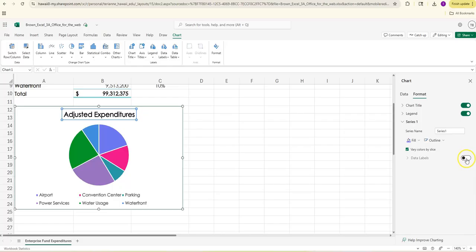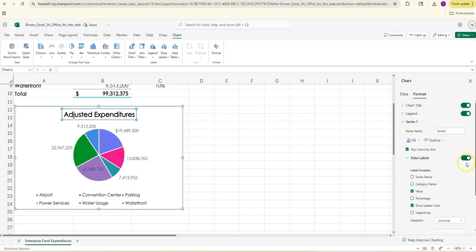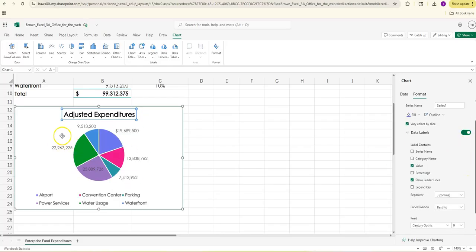we're going to click on this Data Labels button. So your data labels basically label each part of our pie slices. By default, it's giving us the numerical values that is associated with each of those slices. And so with the data labels open,